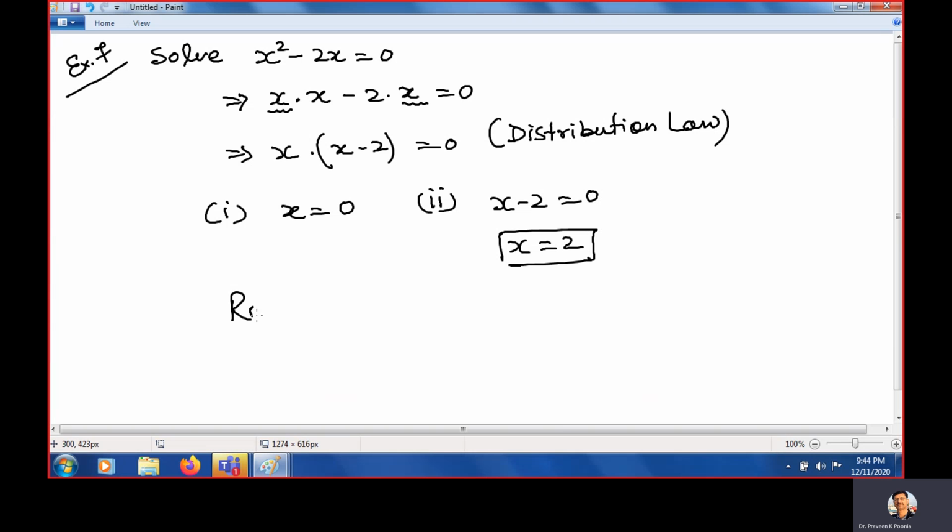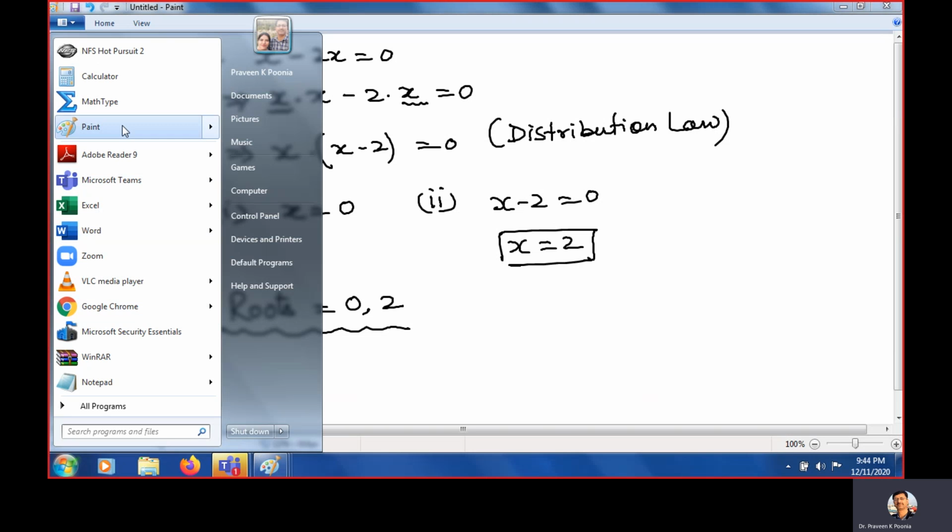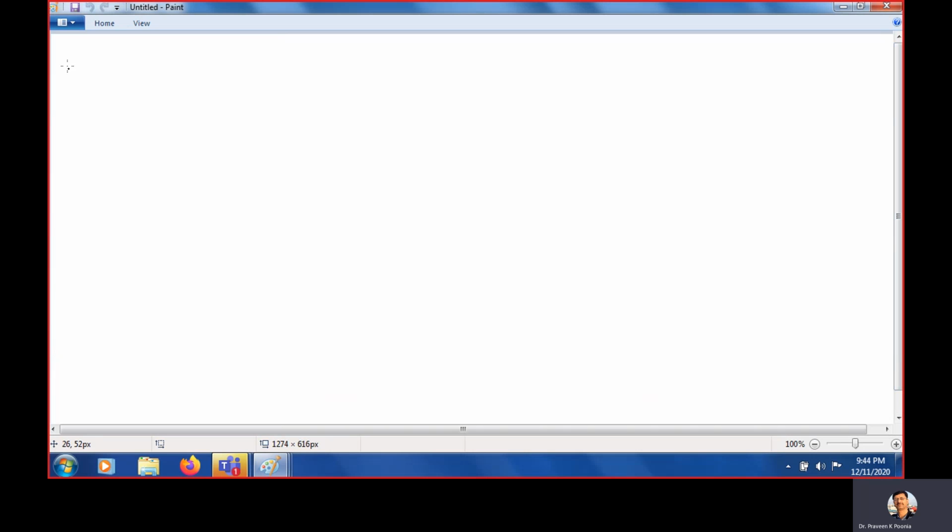So what are the roots? They are 0 and 2. There are only two roots here. Why two roots? Whenever there is x power 2, there will be two roots. Clear? That you need to find. Okay. So there is one more question given, a little different, in your book, and it is: solve